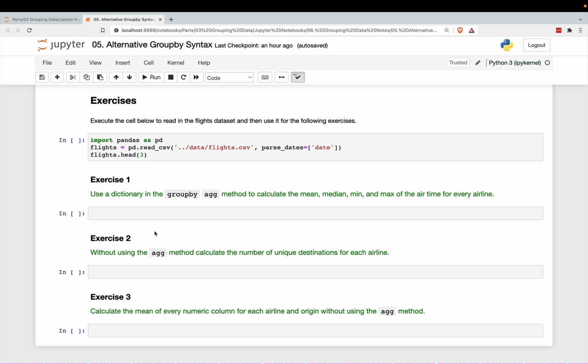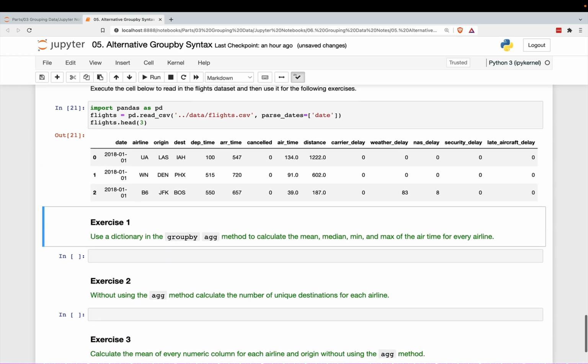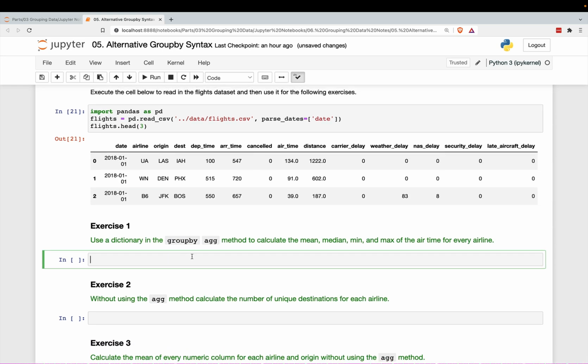On to the exercises. I'm going to read in the flights data set here. Use a dictionary in the groupby agg method to calculate the mean, median, min, and max of the air time for each airline. So flights groupby, we're going to group by the airline. We want to aggregate